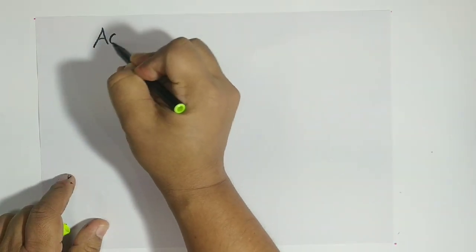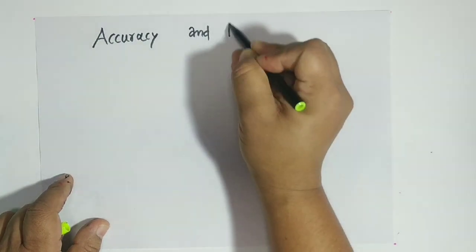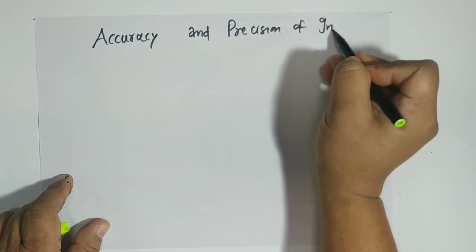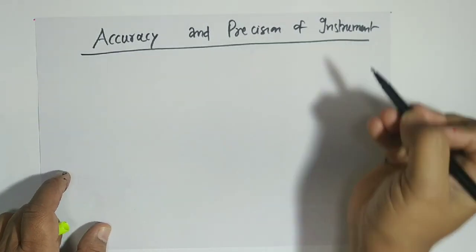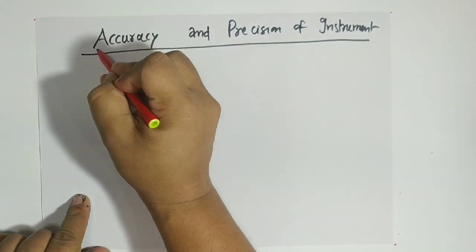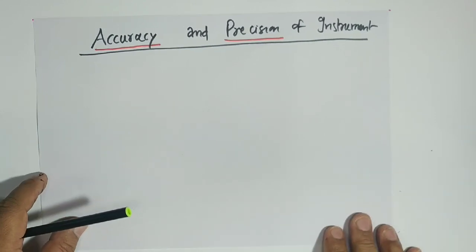Okay, now we will go in detail with the errors in measurement. But before going into detail on error and measurement, there is a word, have you heard about it? Accuracy. And there is a word, precision. So precision of instrument and accuracy, these are two words, if you have heard about them. How accurate you are, how precise a device you have taken. These words are very important in lab experimental techniques.